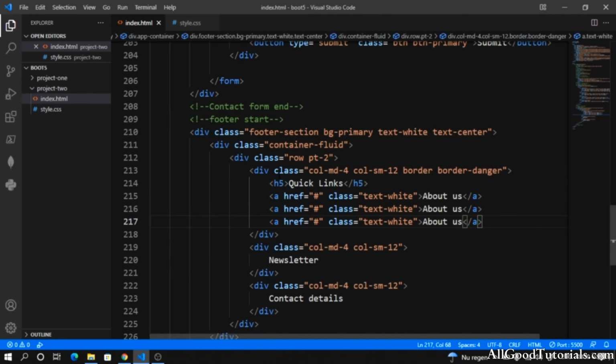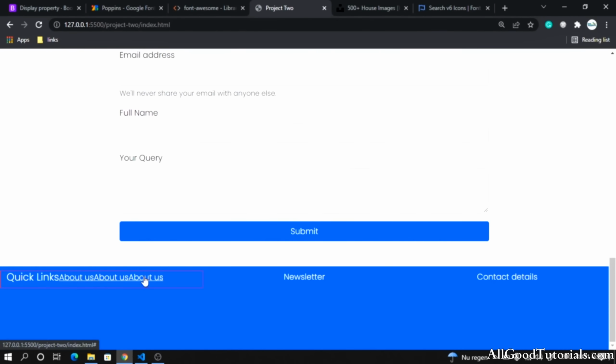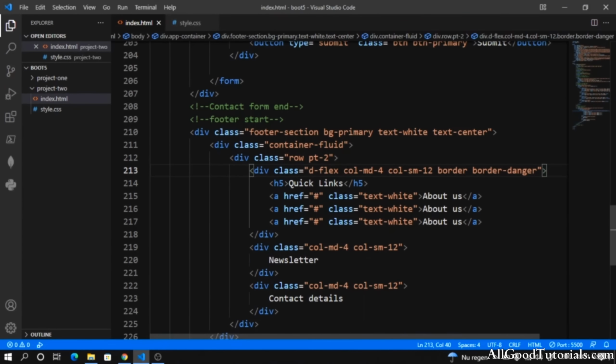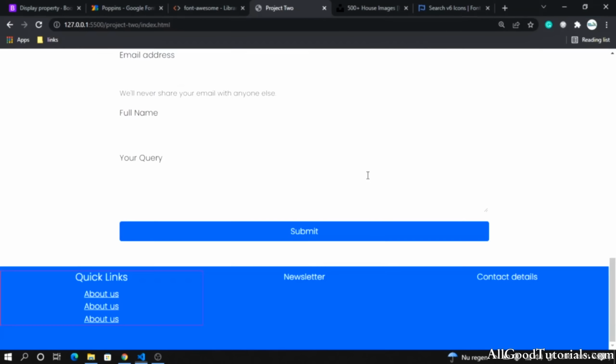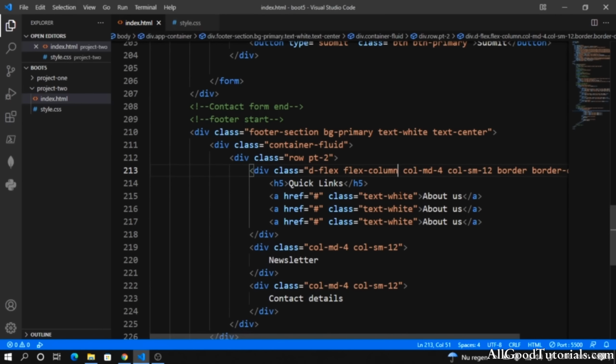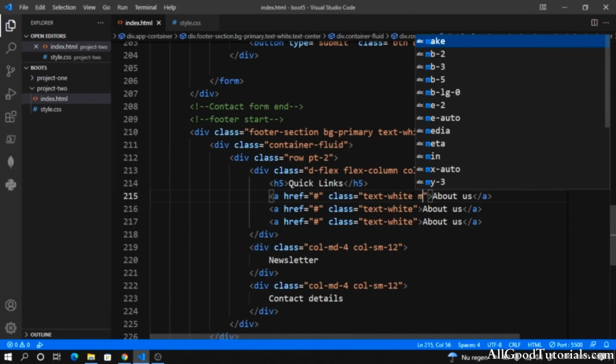So what we will do, we will make this div as d-flex. So we will say d-flex. By default, if we do d-flex, it's still going to be like this. But what we want is one below another. So what we will do, we'll say flex direction, we will make it as column. Save it, and we see one below another. Perfect. Let's give a little bit of margin bottom